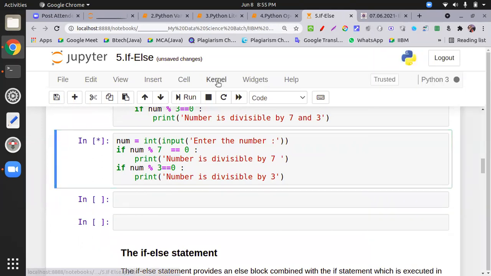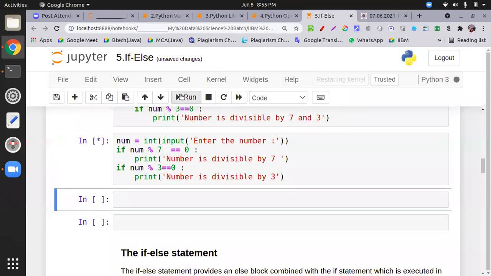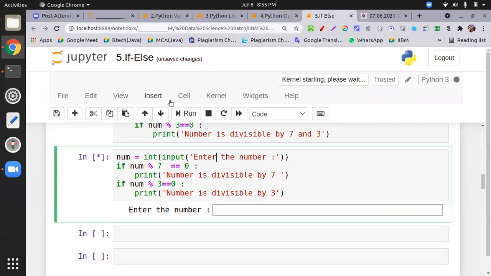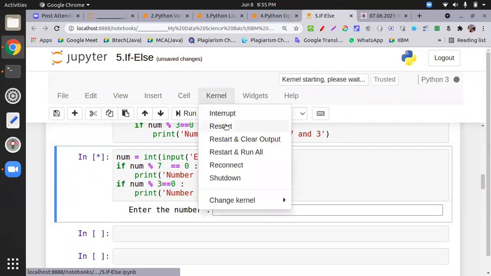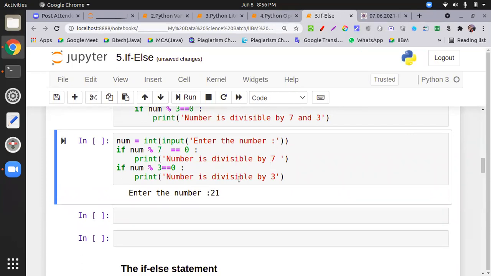Again, my kernel is going to hang today. It's going to hang. Please wait, it's loading. Yes. So if I put 21, nothing happened. Something is creating a problem.